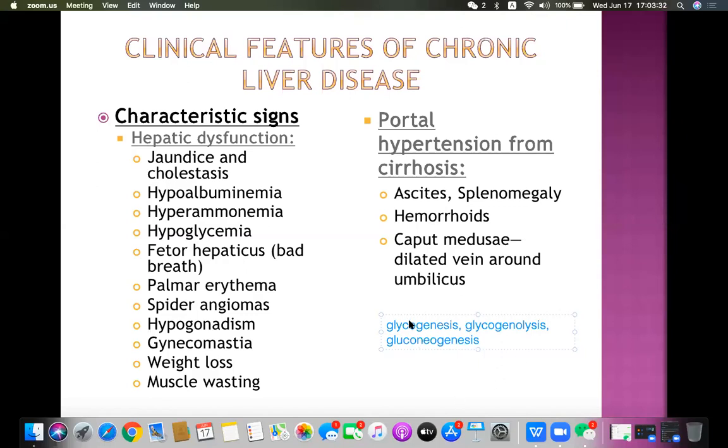Let me explain this from my side. Glycogenesis means glycogen is synthesized from glucose. So that exactly what happens if we eat good amount of food and we have enough amount of glucose, then all that glucose will be converted into glycogen and stored inside the liver. And when we do not eat, we break down that glycogen, convert it into glucose, and then we utilize that. That process is called glycogenolysis, breakdown of glycogen.